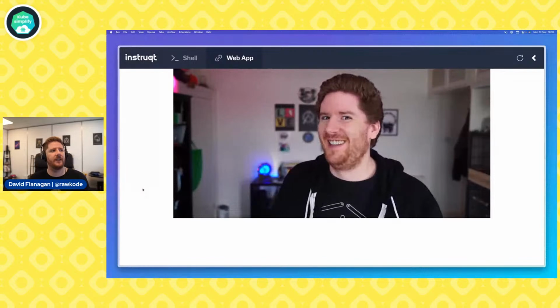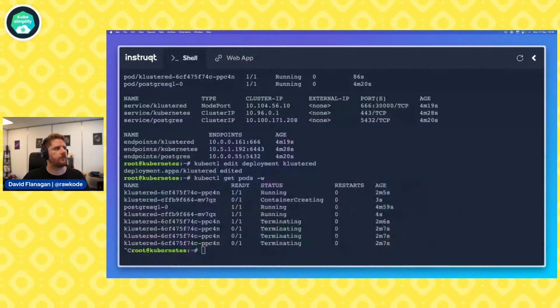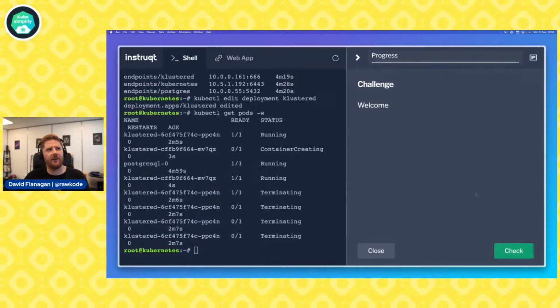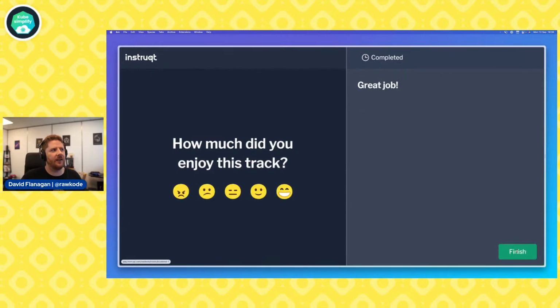Cluster 1 completed. We can move on to cluster 2. So I hope you've all successfully fixed our first cluster, and we're going to lead nicely into cluster 2. Now you can check all of these clusters by clicking the check button. If you have successfully deployed the correct image, it will say well done, and you can click finish.